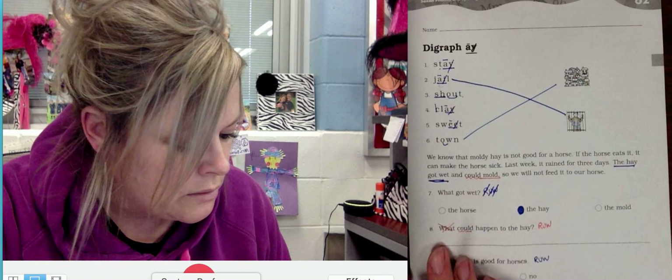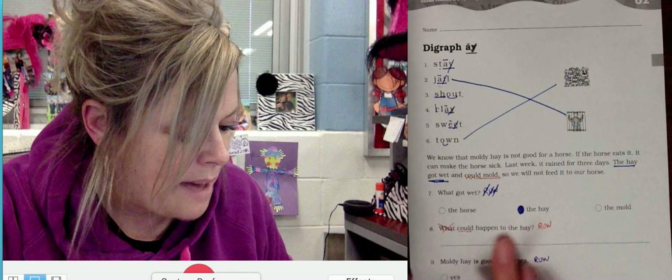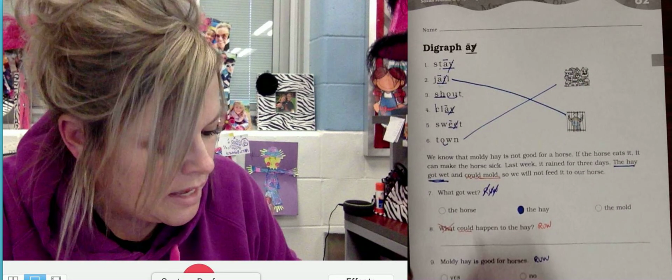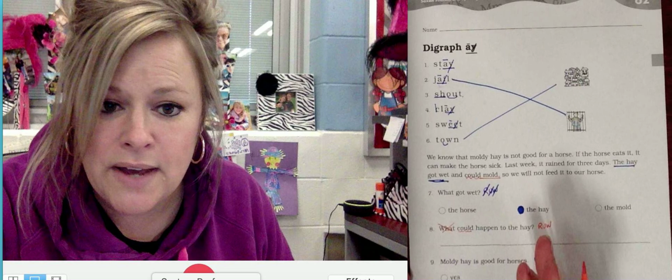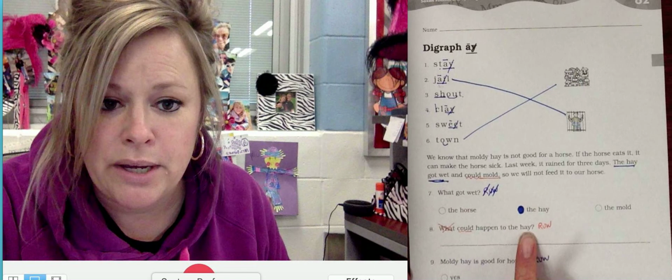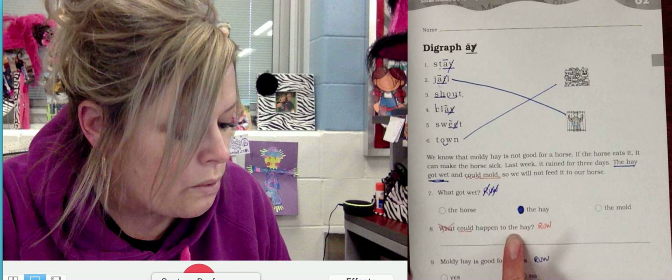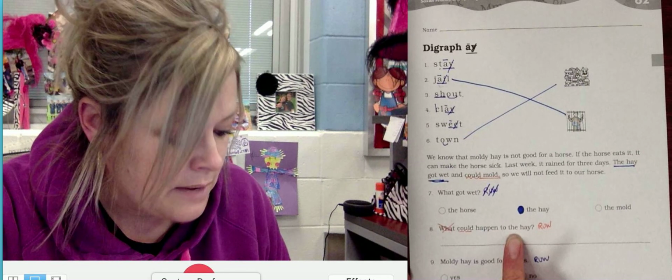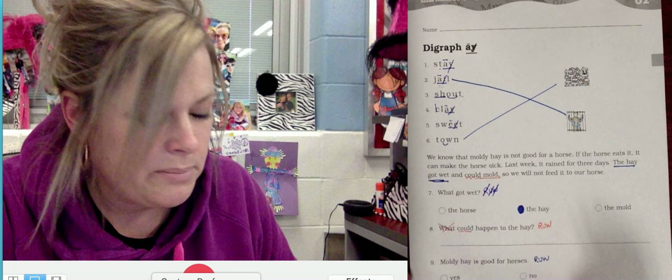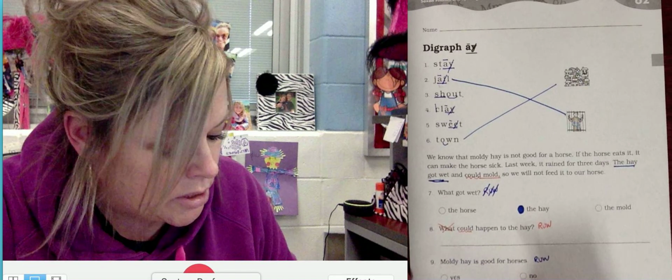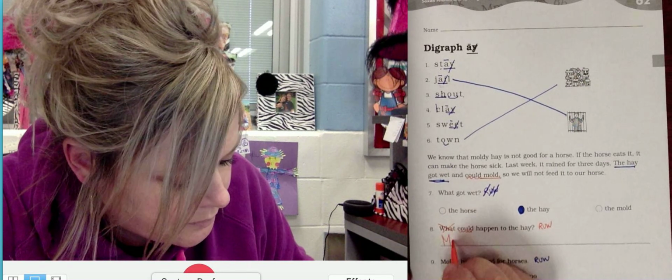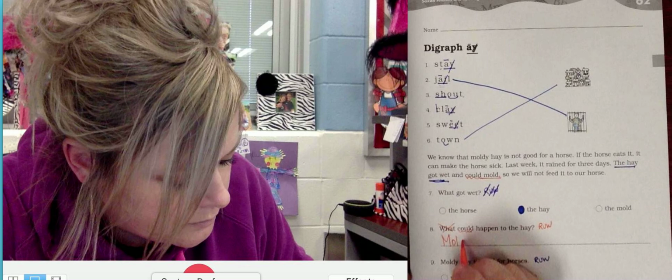So mold could happen to the hay. The hay could mold. Either way you say it is fine. Mold could happen to the hay is a great way to use the question to restate, or you can just use your own words and say the hay could mold. But since I'm working on restating questions, I'm going to do that. Mold, and then I'm just going to copy could happen to the